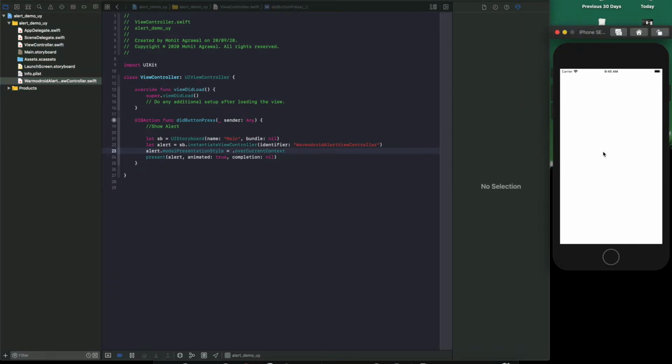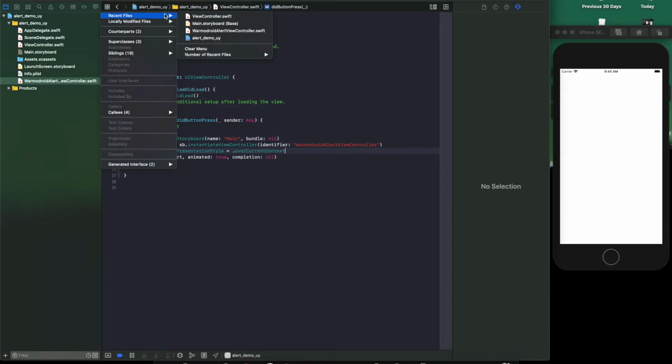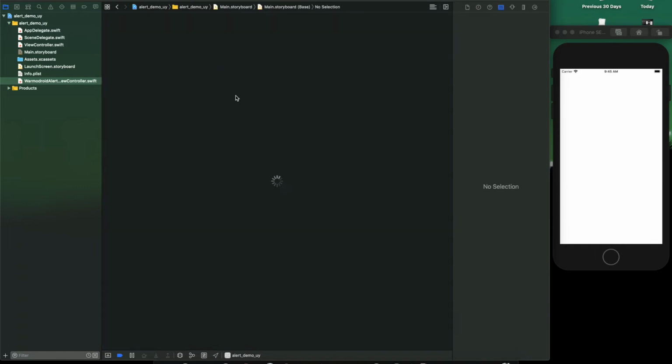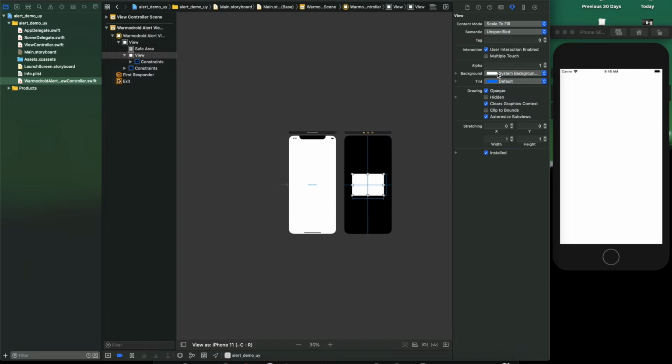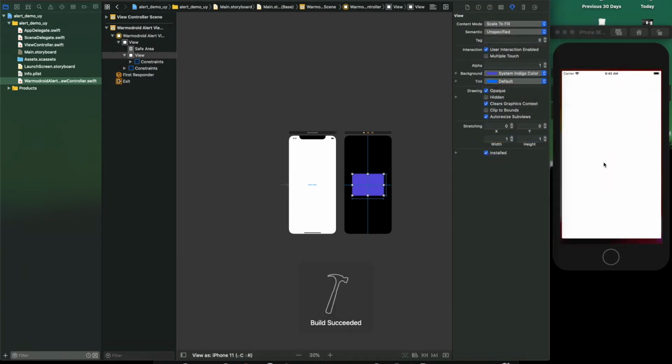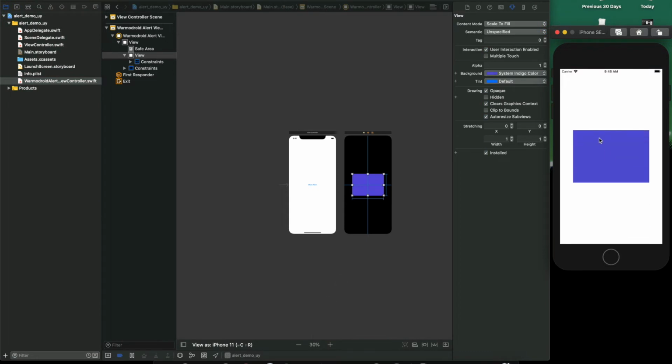Okay, so it is coming, but because both the views are white in color, we are not able to make any difference. So we can quickly change the color and it will be more clear to you. So as you can see here, we are able to present our custom alert.